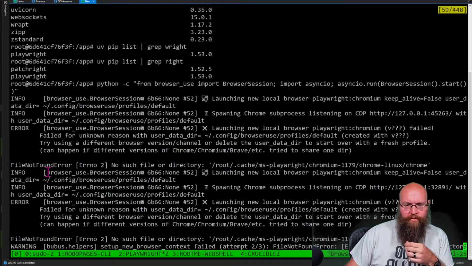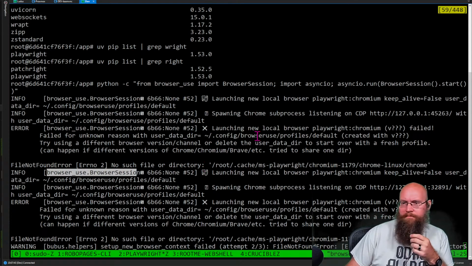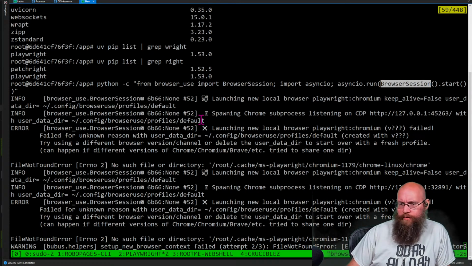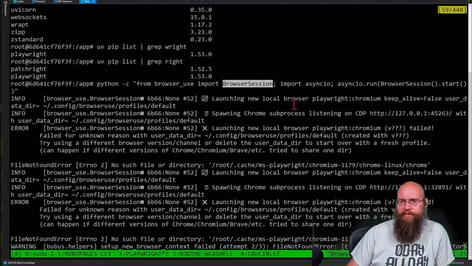This is coming from browser use browser session. So where is it getting this from? We import browser session from browser use, import asyncio, asyncio run browser session, and we start it, and then we check the version.